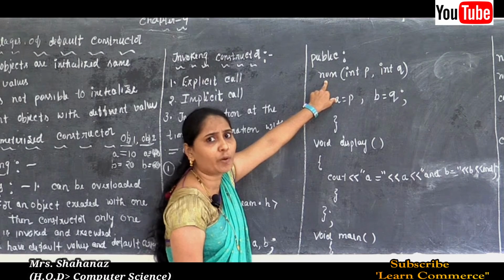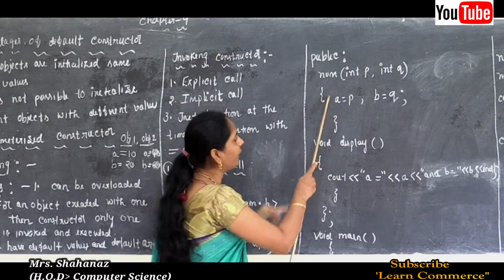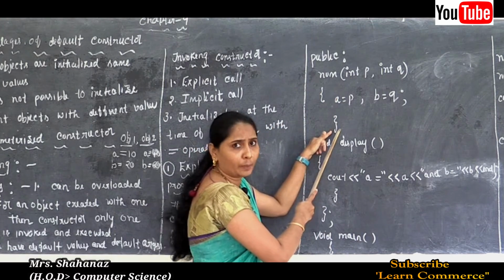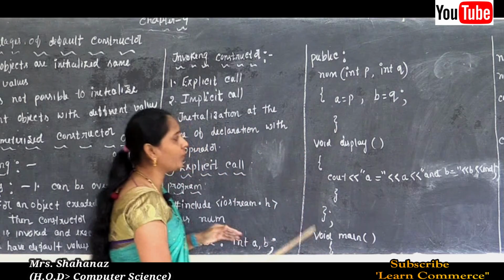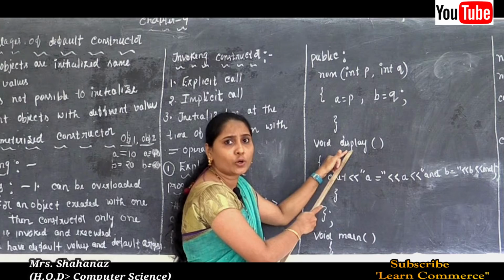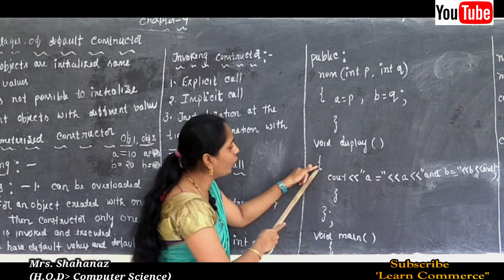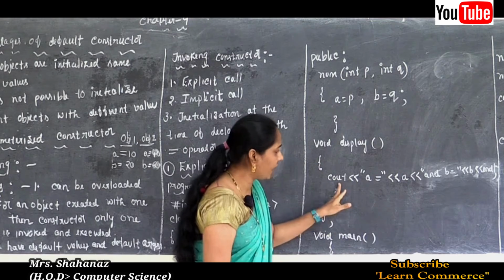Because it takes some of the arguments. It takes two arguments, okay. And later, closing of the flower bracket, and next one is one more member function. The member function is the display. Such a member function we are going to define here, and next, opening of the flower bracket and cout, then